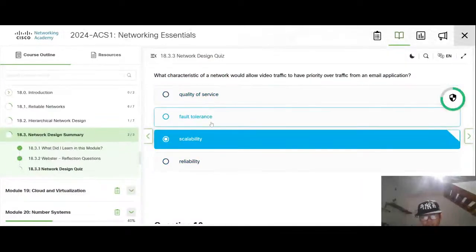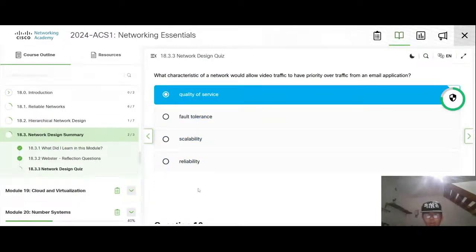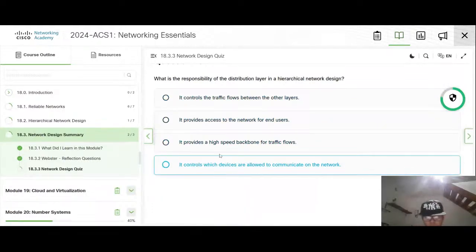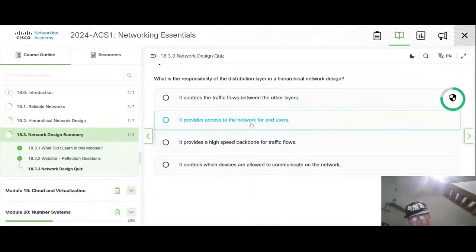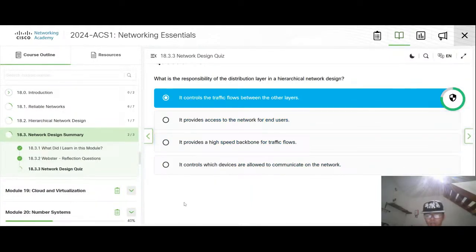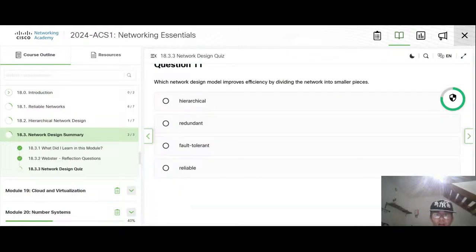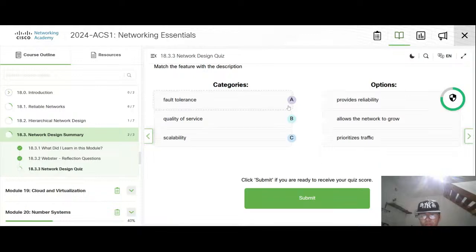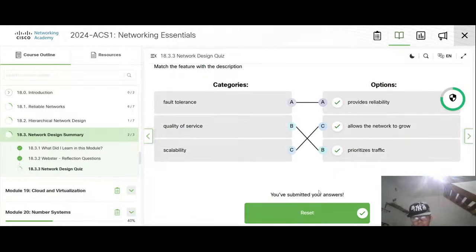Well, it is quality of service, which prioritizes traffic. Distribution layer, I don't know. Distribution, I don't know what it is. Fault tolerance, which provides reliability. And this one also quality of service prioritize traffic.